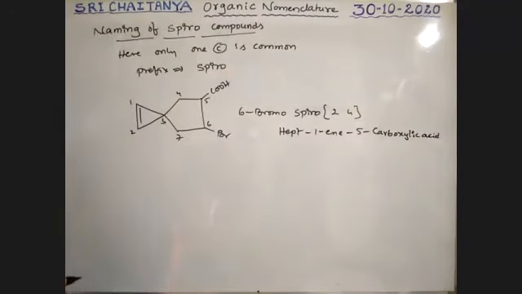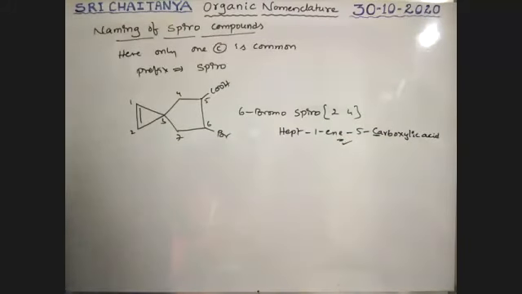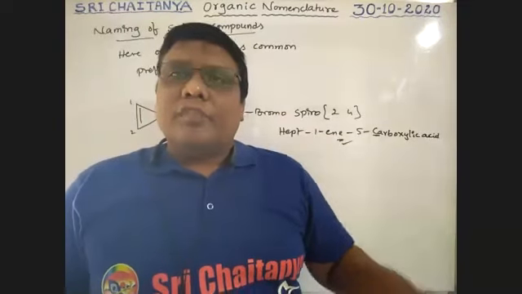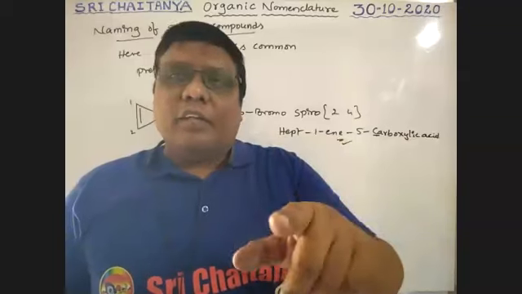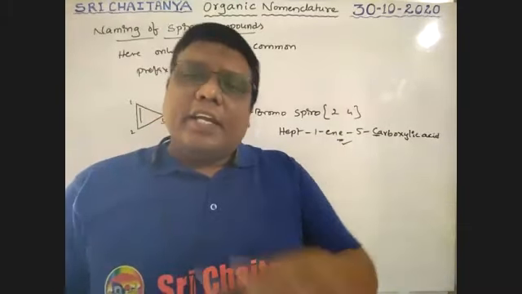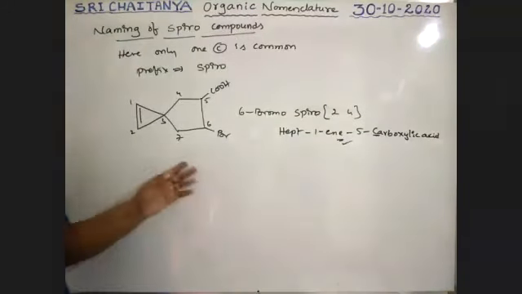Because it is a consonant, E is retained. Not only here, boys, in our entire IUPAC system, if the secondary suffix starts with a vowel, E is replaced. If it starts with a consonant, E is retained, whether open chain or ring chain, whatever it may be. So this is the condition. Next.